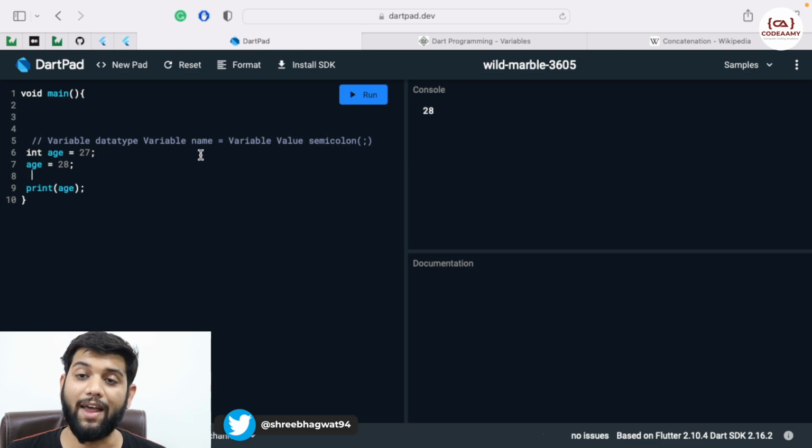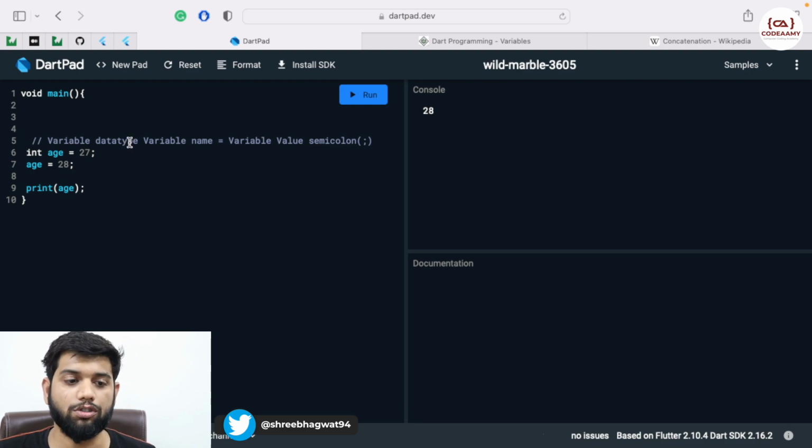So values can be changed. Values are not constant. Okay, they can be changed, but we have to make sure that the data type that they are in, the data type is constant. For example, now this is age, the data type of age is integer.